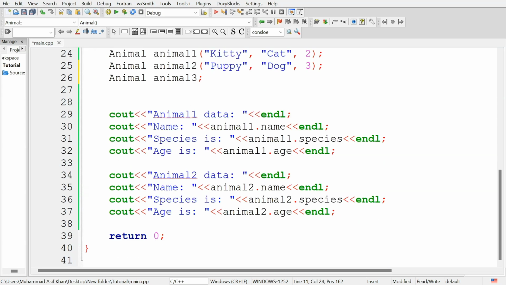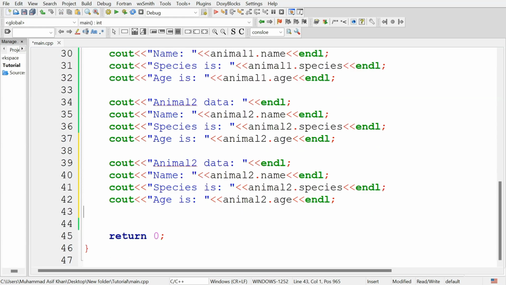Let's display the data of this animal 3 object. Animal 3 data, and display animal 3 dot name, animal 3 dot species, and animal 3 dot age.